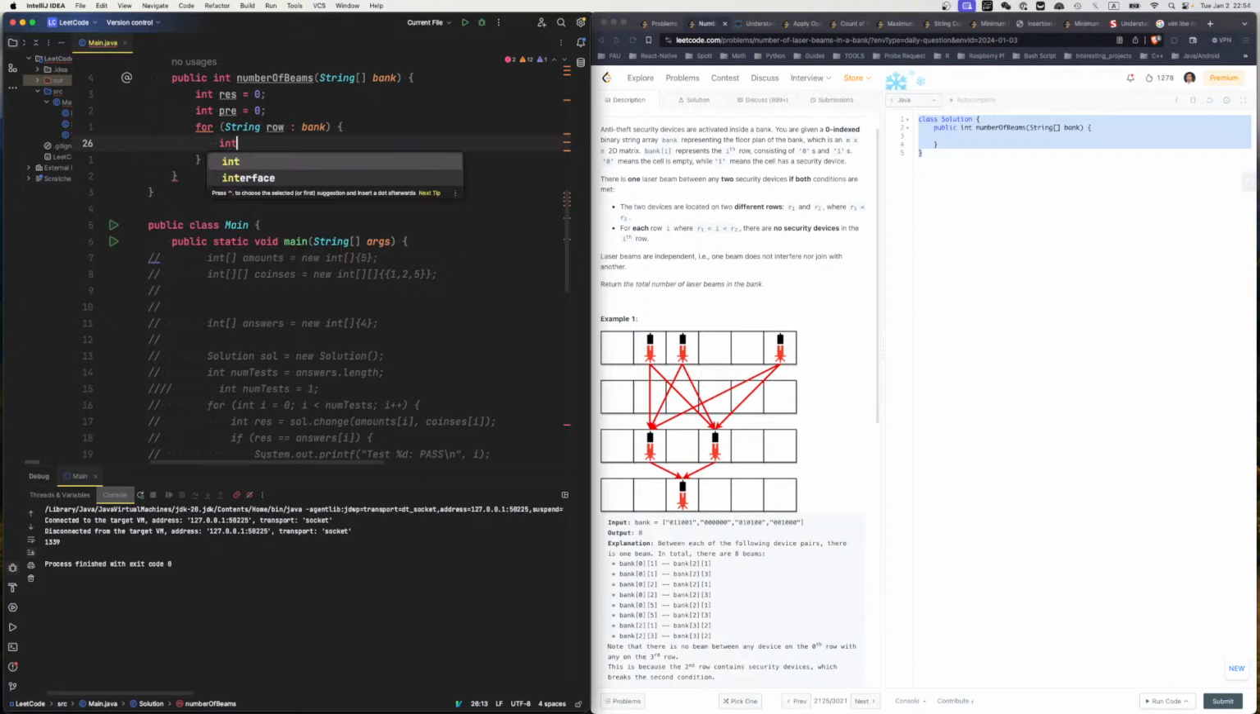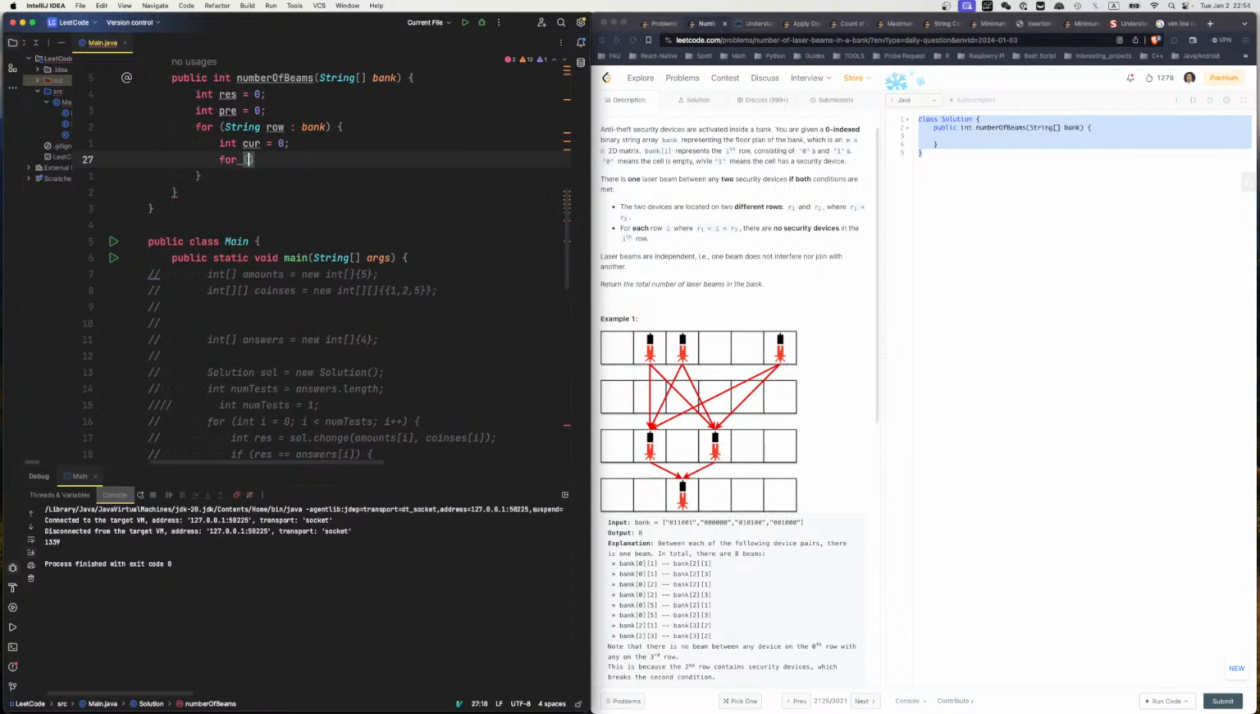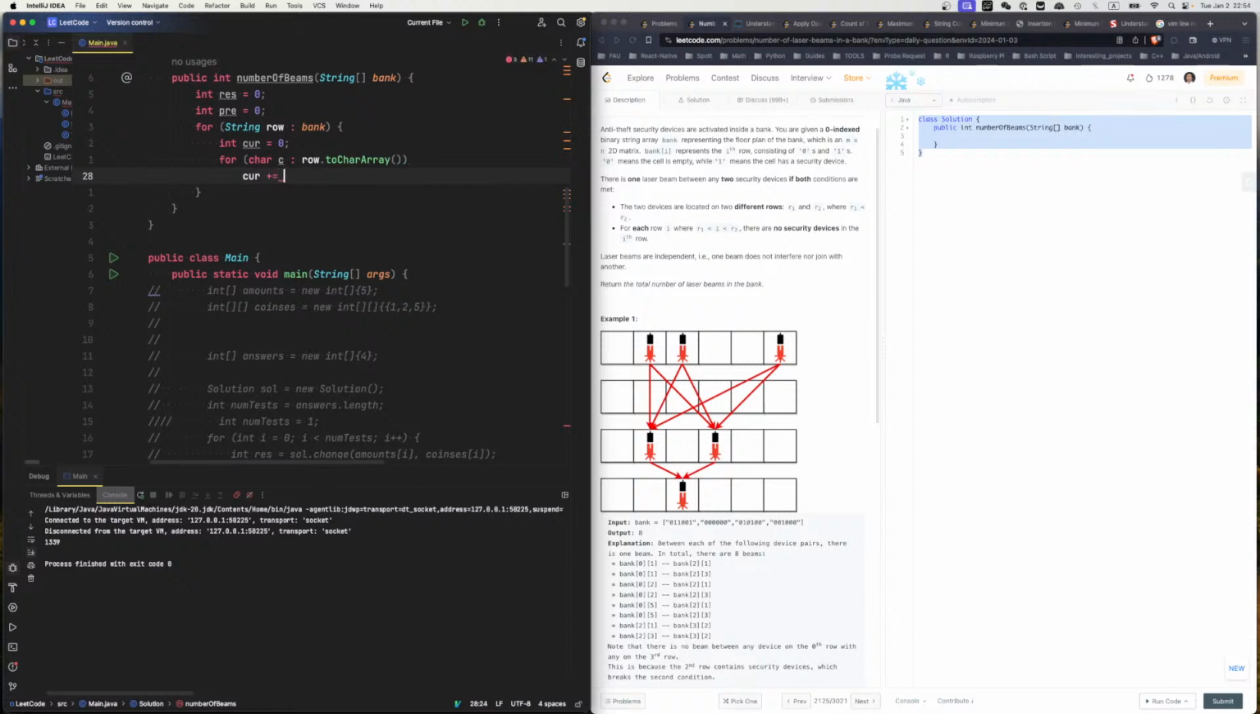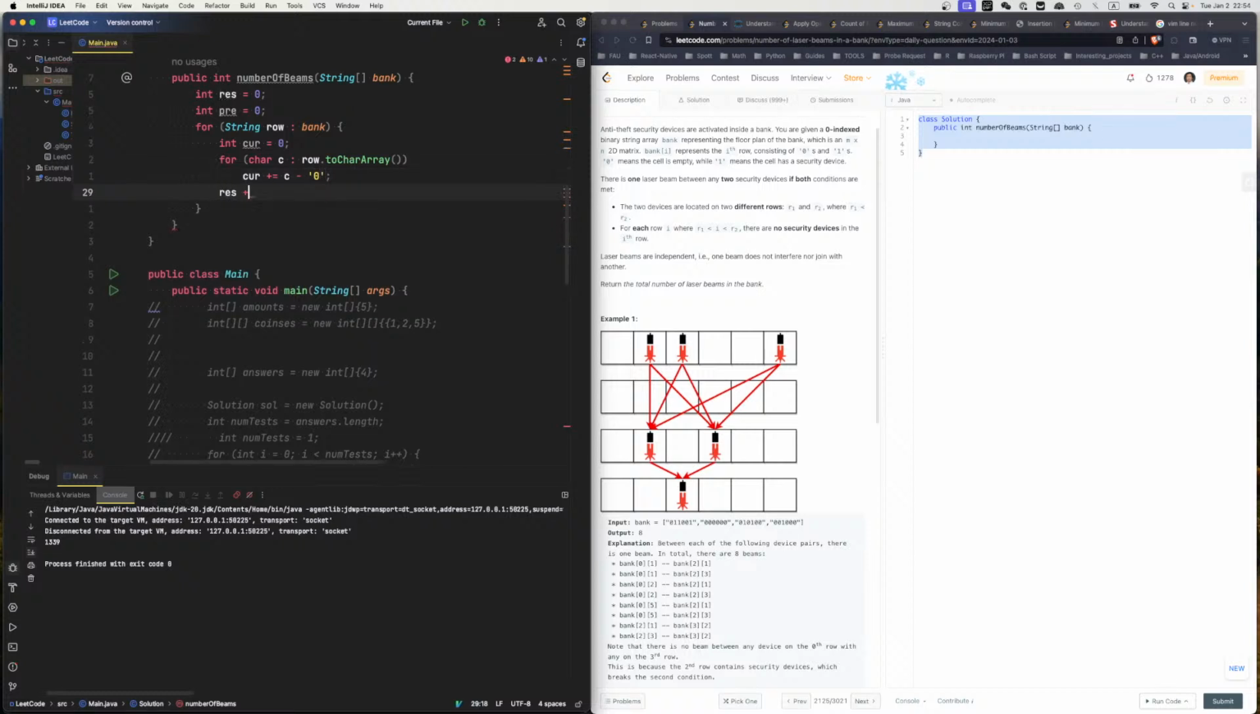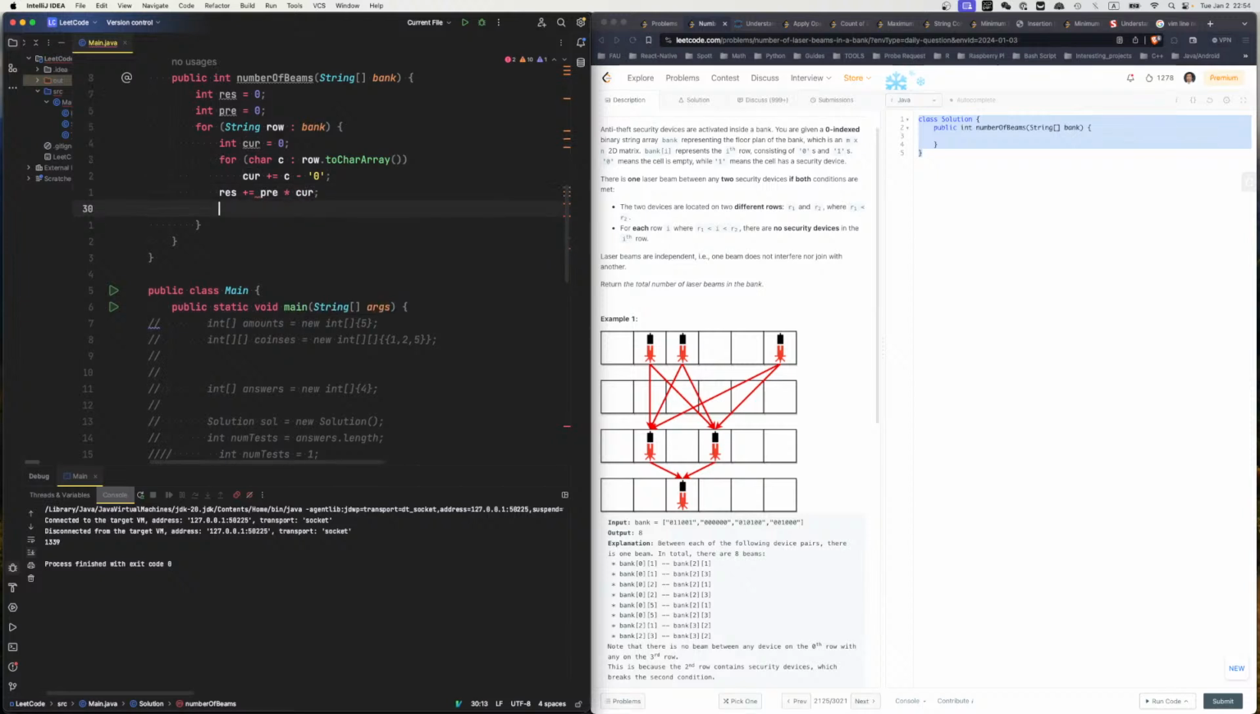We say int current equal to 0, for char c of row dot toCharArray, and current plus equal to c minus '0'. Okay, once it's done, res plus equal to pre times current, and pre will equal to current. So the first time pre is 0, so this will be 0, but the pre will equal to current. And the next one,